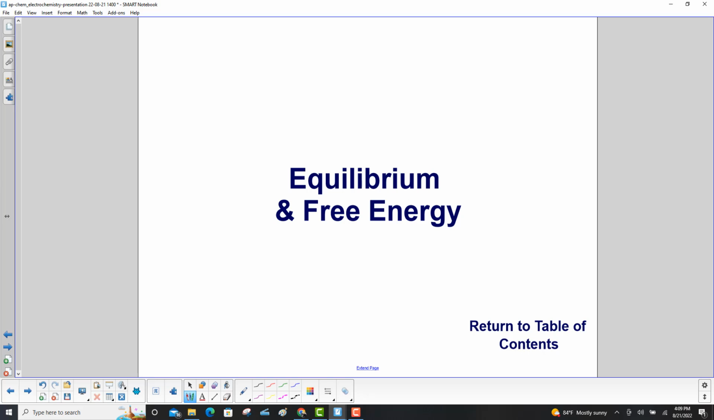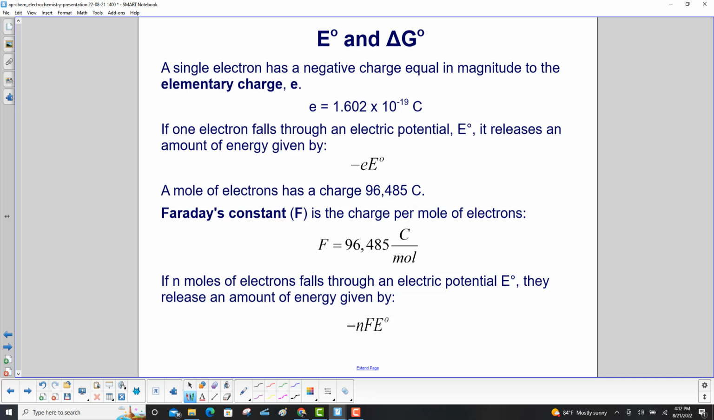Equilibrium and free energy. A single electron has a negative charge equal in magnitude to the elementary charge, e, which is 1.602 times 10 to the minus 19th coulombs. If one electron falls through an electric potential, E0, it releases an amount of energy given by minus e times E0. A mole of electrons has a charge of